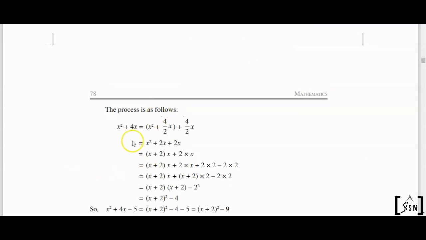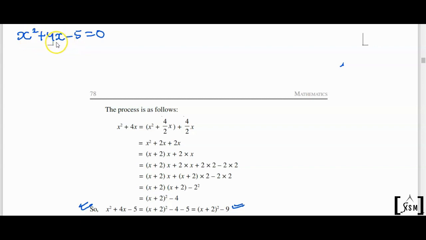The question is here. The question is x square plus 4x minus 5. We have to convert it to a perfect square. So we'll learn how to do that. Let me write that: x square plus 4x minus 5 equal to 0. This is a quadratic equation given to us and we have to solve for the value of x by using